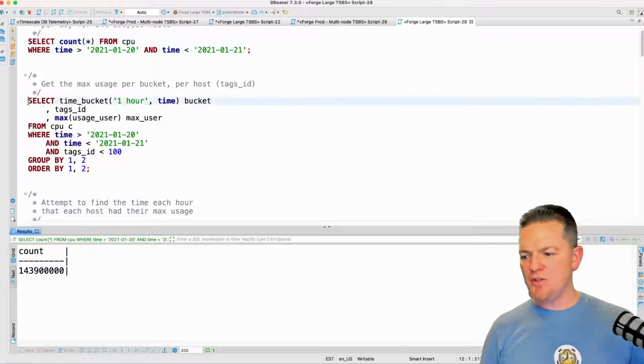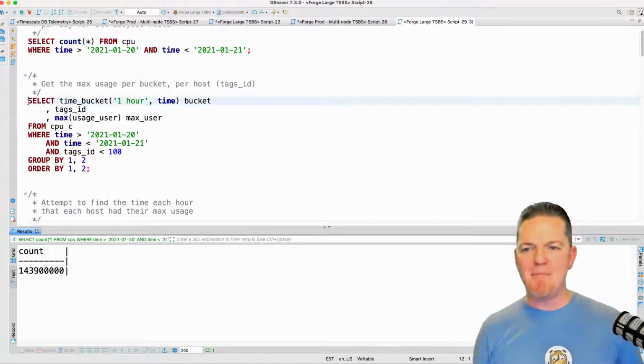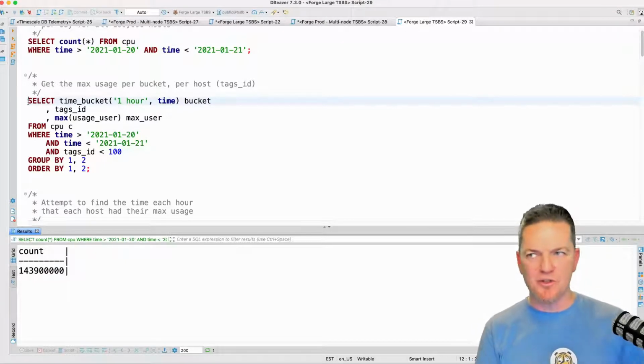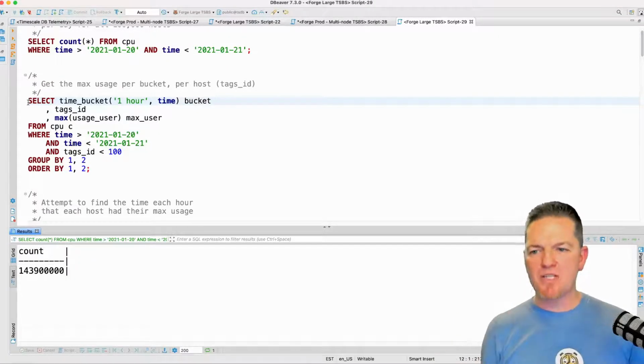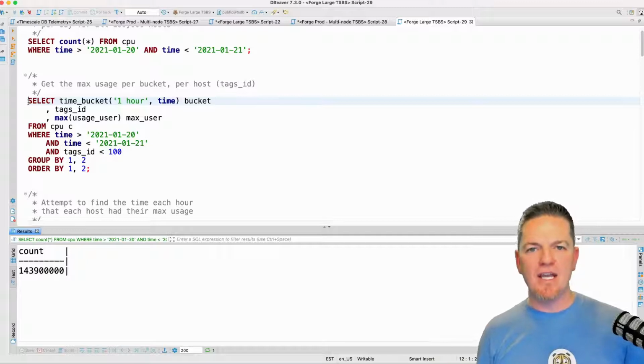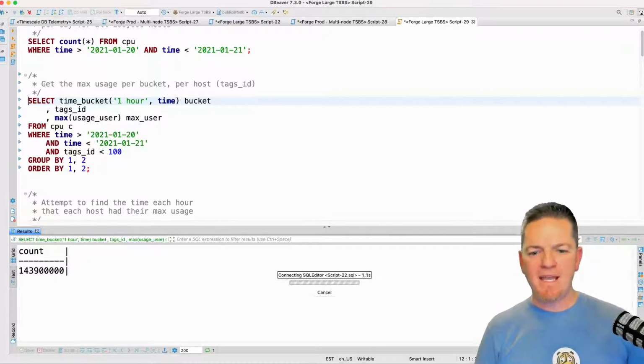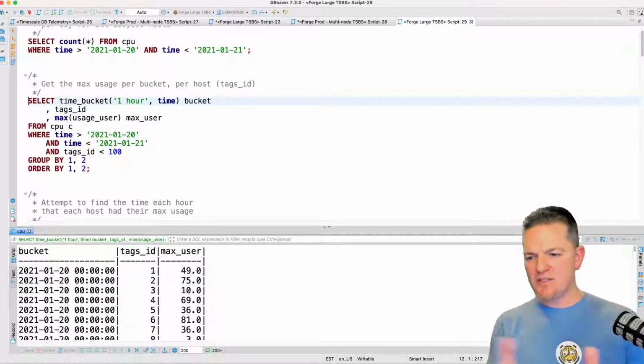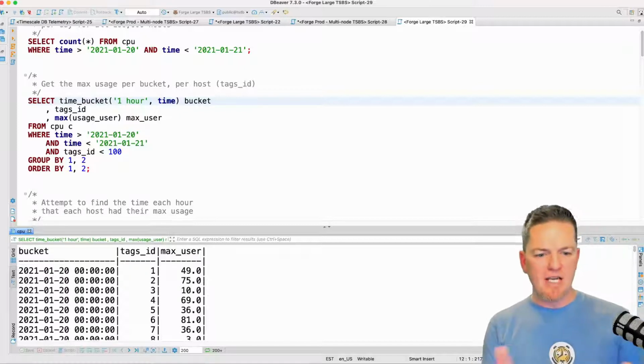And this is what a lot of people would do. We would say, give me the max usage. I'm going to get the user usage value for each time bucket for that day. And so that's all this query does. I'm doing an hour time bucket, getting the max usage, and I'm going to give the host back. Now this is pretty quick. The IDE took a second to connect, but that query took about 200